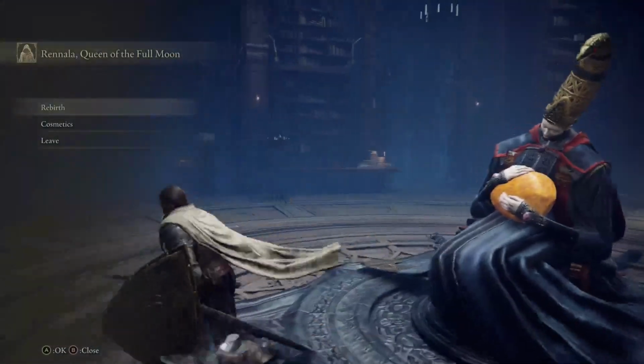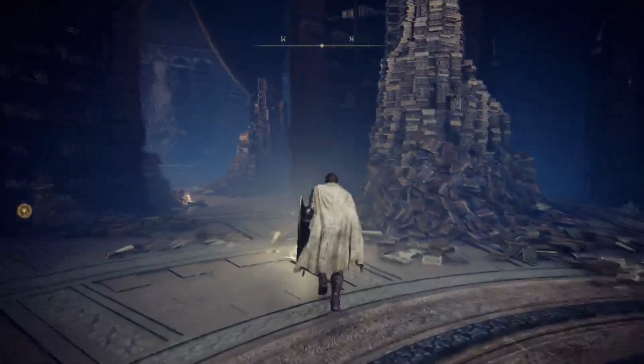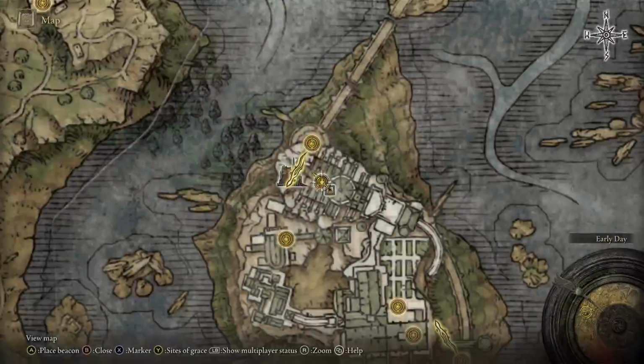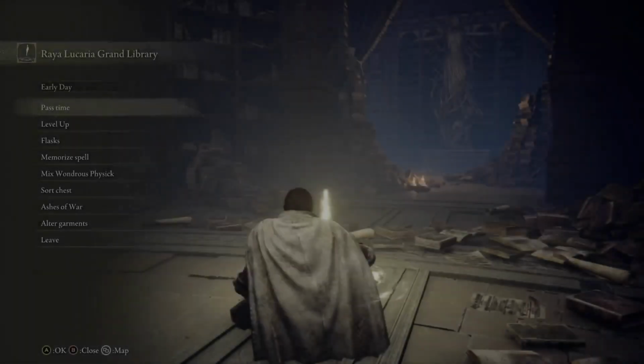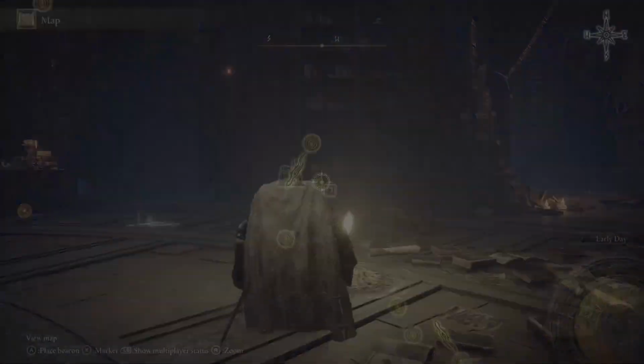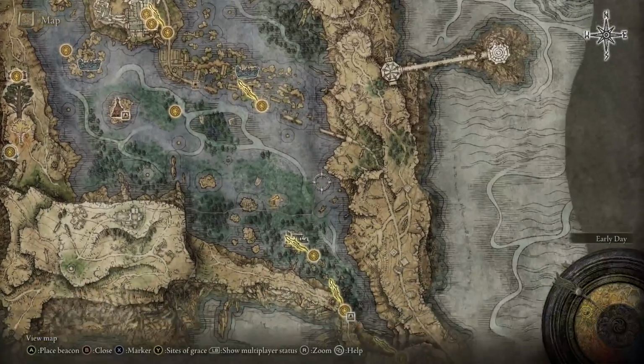This video is a part of a series, so if you haven't seen it yet, you'll want to start with the first part. As a reminder, I'll be using Spirit Summons, but I'll be avoiding Black Knife Tiche and Mimic Tear unless I am truly stuck. I'll also be avoiding commonly considered broken tools like Hoarfrost Stomp, Moonveil, and Comet Azure. The goal is to see if I enjoy how the game plays, not if I can make a build to